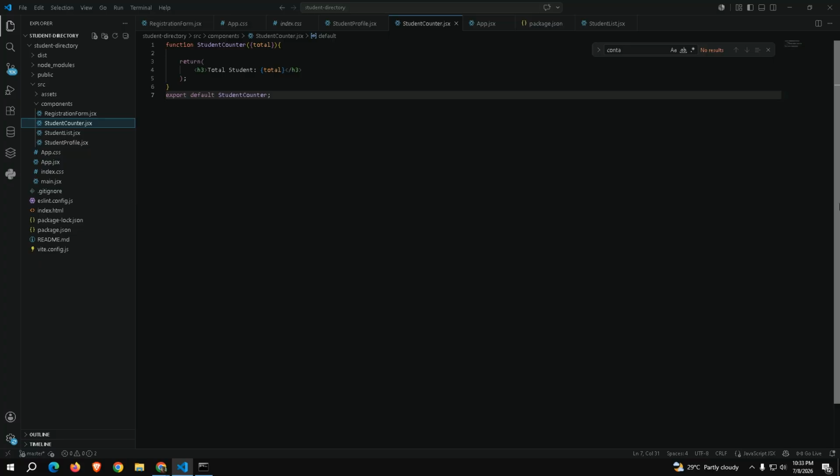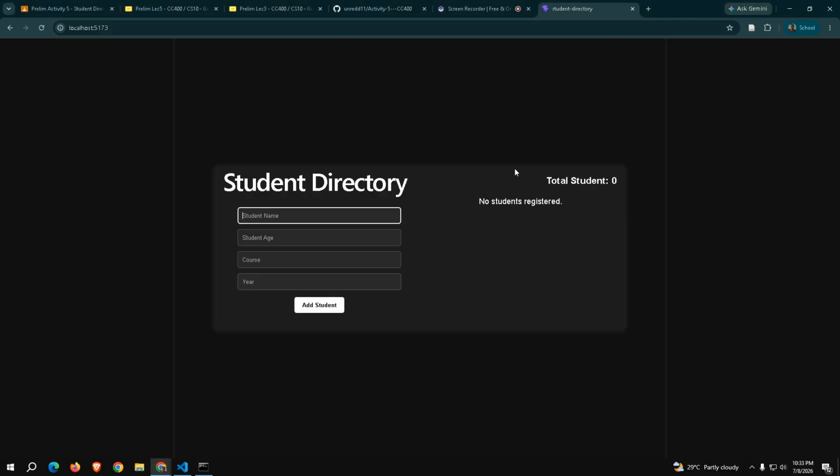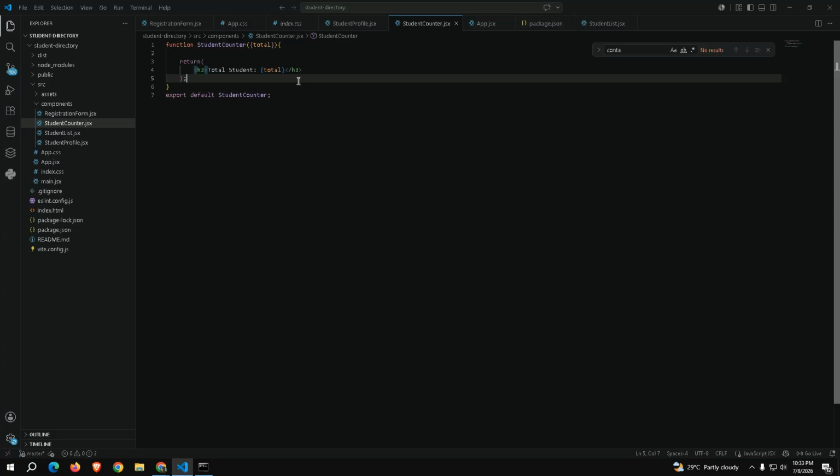Next we have the student counter. Once a student is added, let's try this on. Here it will count the total students.